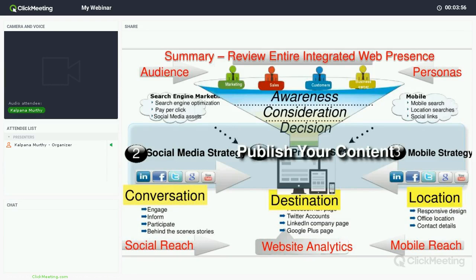Now, the next stage is the buyer's journey. There are three steps in the buyer's journey that we have identified. First one is awareness, second is consideration, and the last one is decision. Awareness stage is where your prospect is becoming aware of a challenge or a situation or a problem that they're facing, whether it's in their home or in their office. So it can be any number of things.